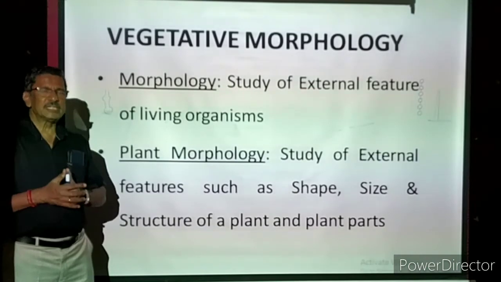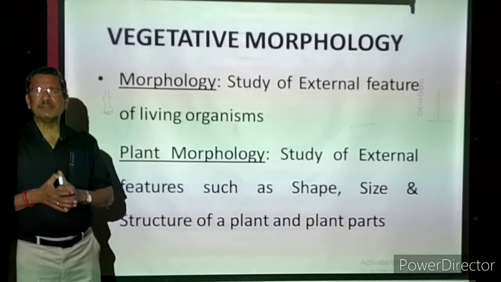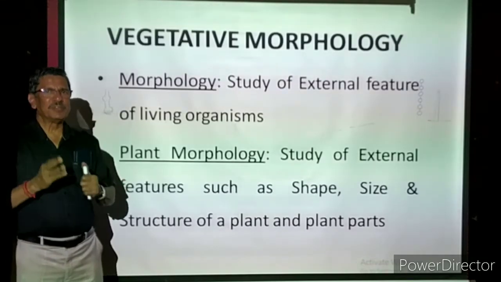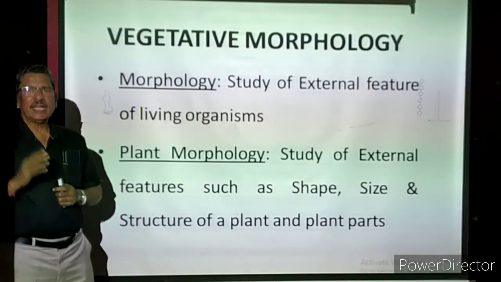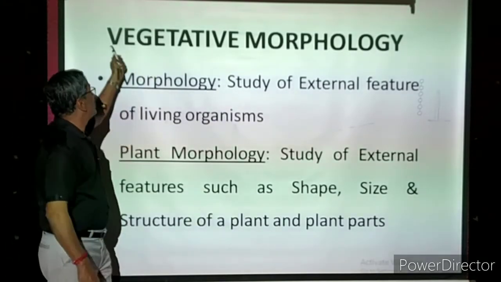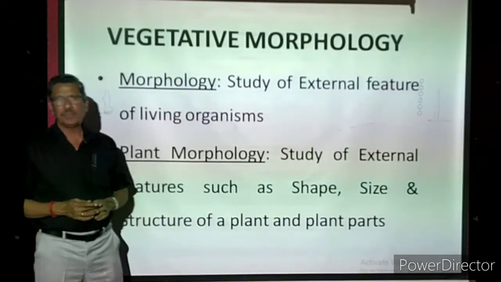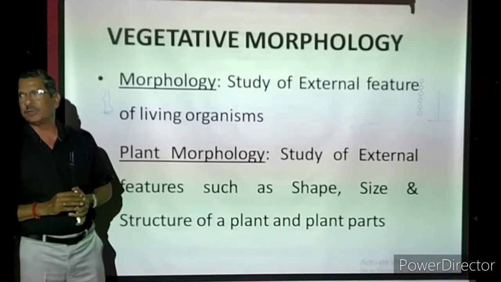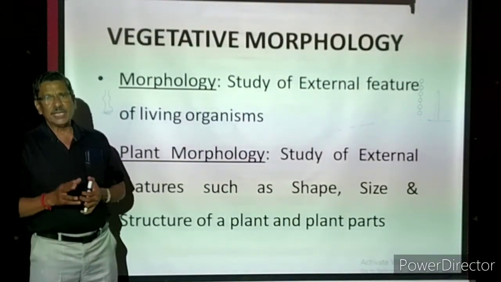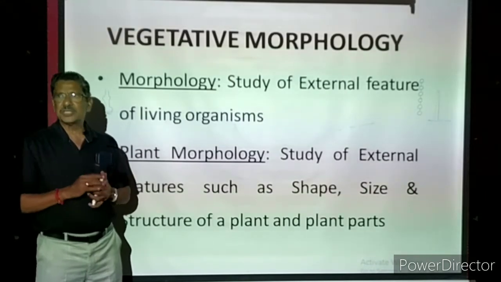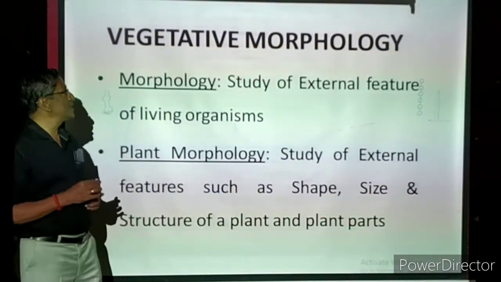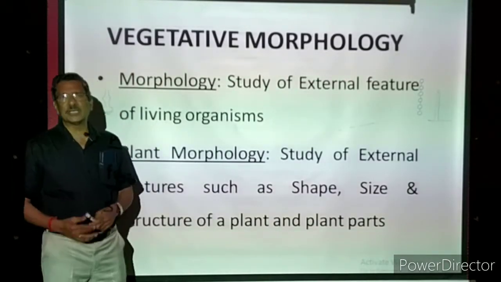But out of these parts, like root, stem, branches, buds, leaves, then flowers, fruits and seeds, except the flowers, fruits and seeds, the other parts are called vegetative parts. All other parts are called vegetative parts. Now, what are the vegetative parts? Roots, complete root. The next one is main stem, branches, leaves, buds. Okay, all these things are coming under vegetative parts of a plant.